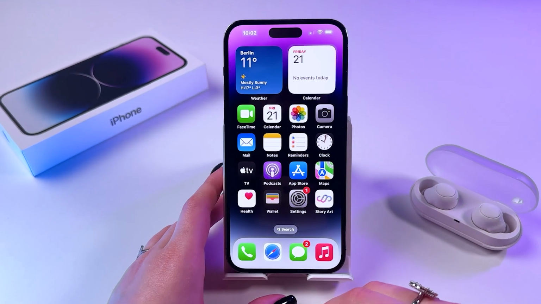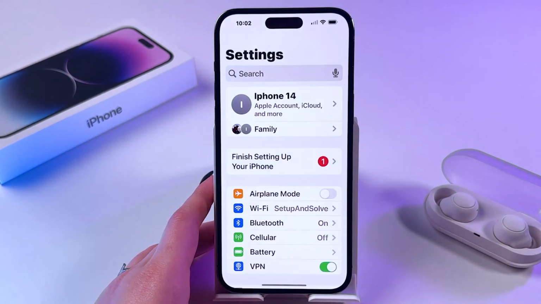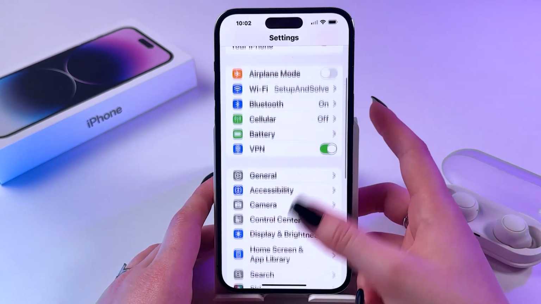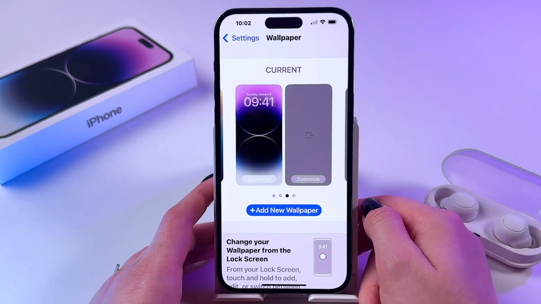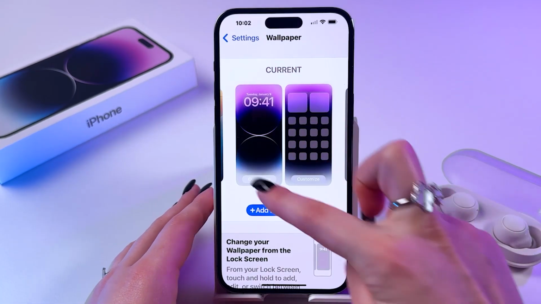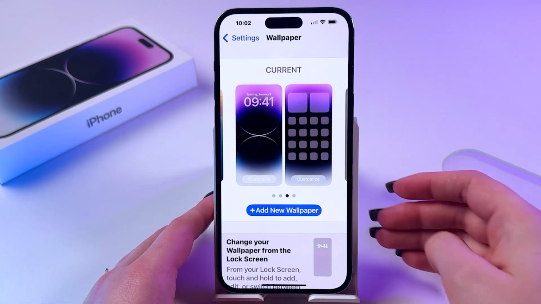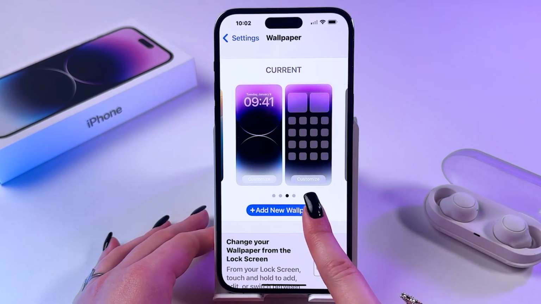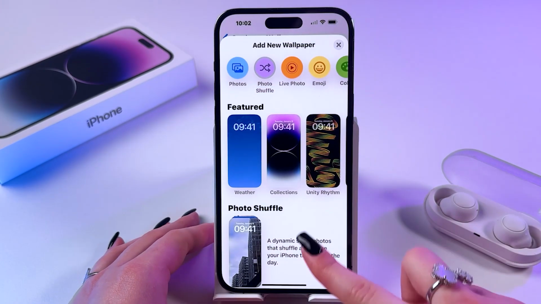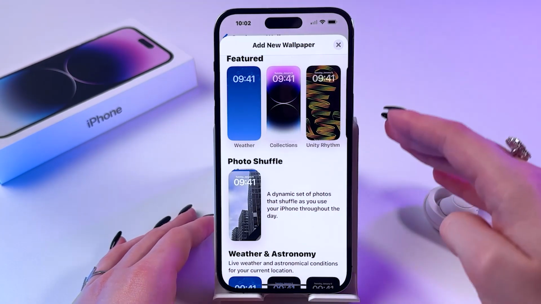First thing you're gonna do is go in your phone settings. Now just start scrolling down to find this section Wallpaper, and then you should see this tab with your current wallpaper. So to change it, click the blue button Add New,